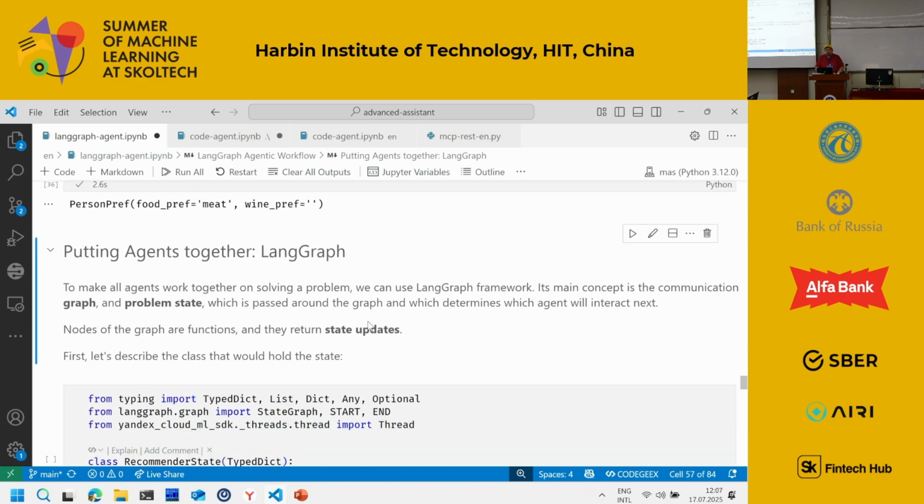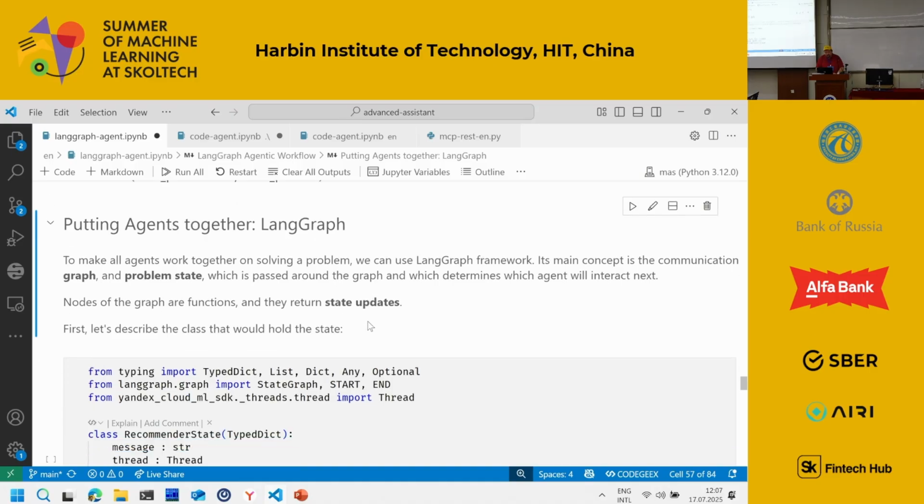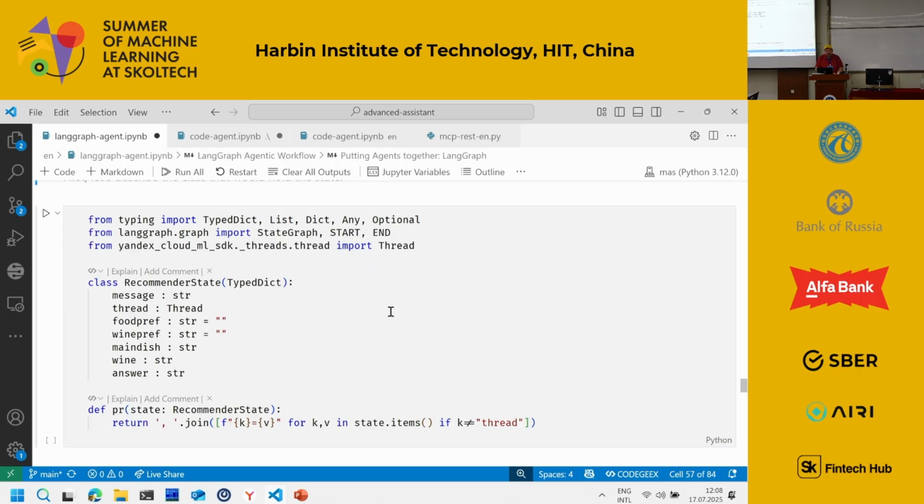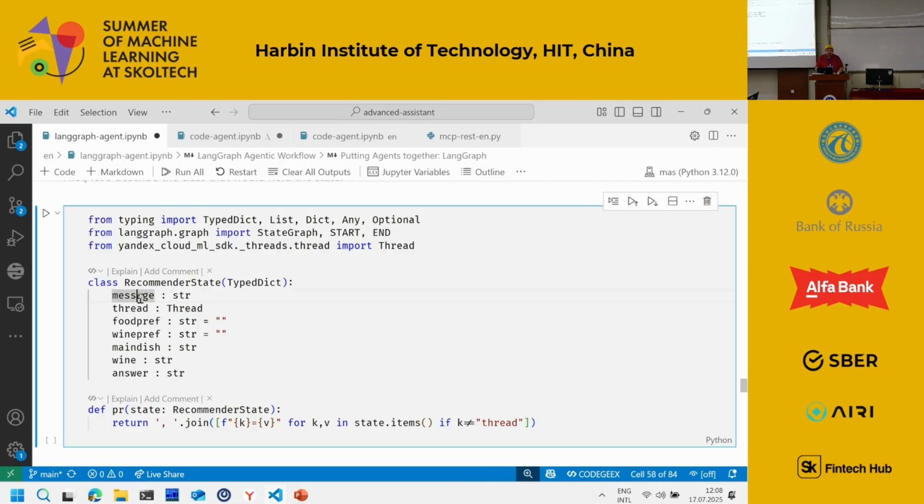Again, structured output should be supported not exactly by the model, because you don't have to train the model to do structured output, but by some kind of tooling. So now let me put all that into this big agent graph. The state would be the following.